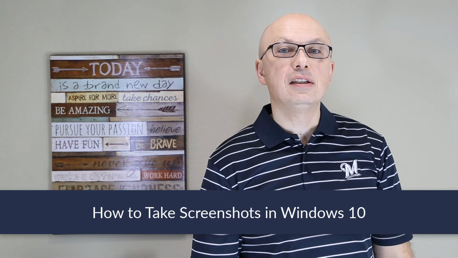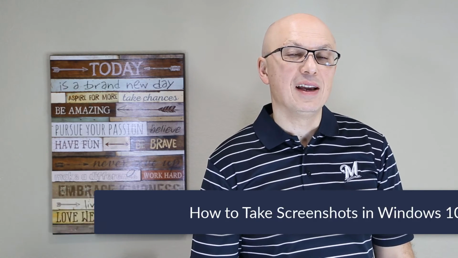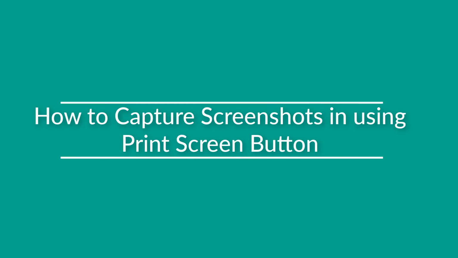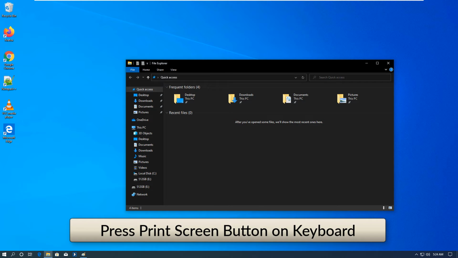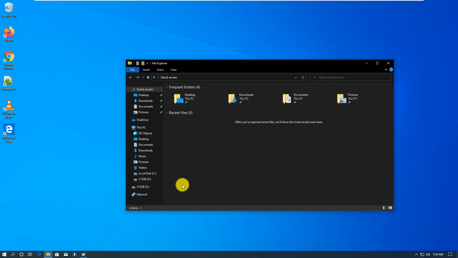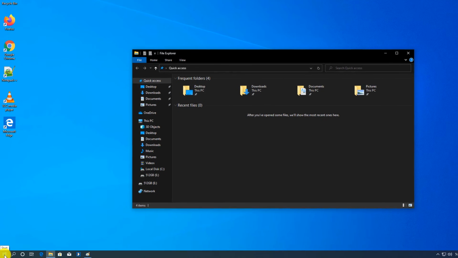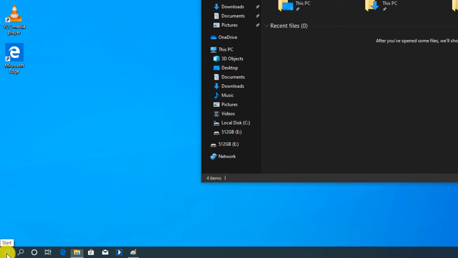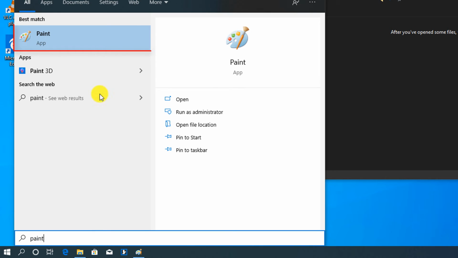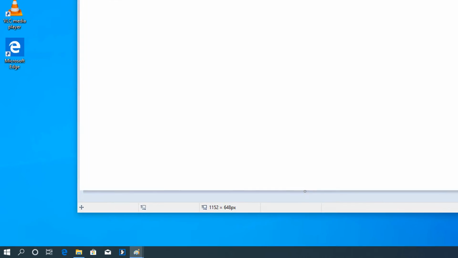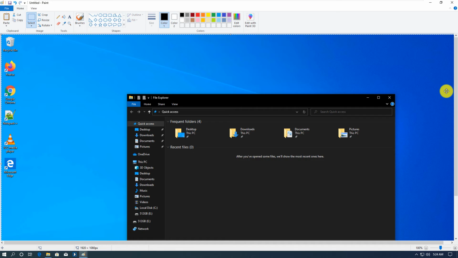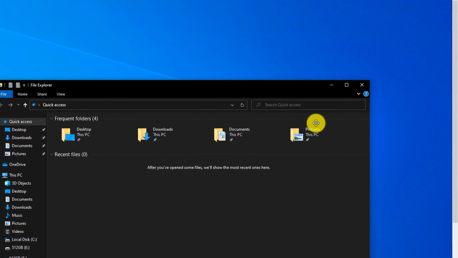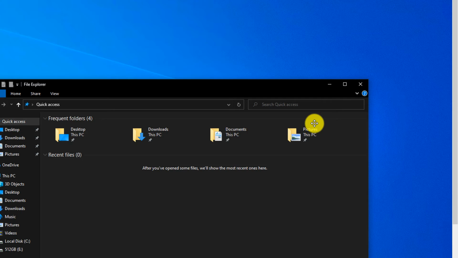A lot of times you need to take a screenshot in Windows 10. Let's look at the different options available so you can pick one that works best for you. One of the easiest ways to take a screenshot in Windows 10 is to press the Print Screen button on the keyboard. Windows takes a screenshot into the clipboard, and then you can access it by pasting it into a different application. For example, if you launch Paint in Windows 10, I already pressed the Print Screen button. You can just paste it and you see the screen print right in the Paint application. Same way you can paste it into Microsoft Word or any other application that can bring in pictures from the